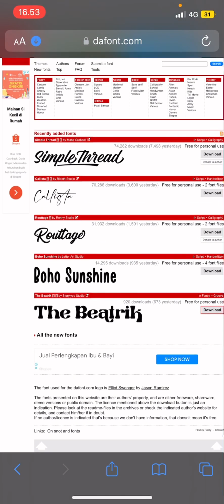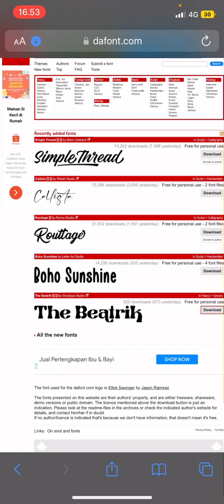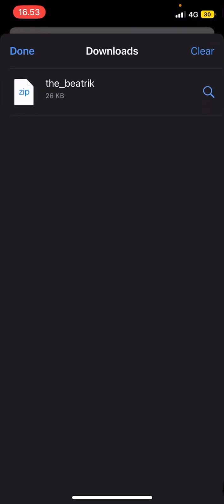In this video I'll be showing you guys how you can download and import fonts into your CapCut app. So I'm just going to go to thefont.com first and just press the download button on any of the fonts you want. So select download here, and I already downloaded it, so I'm just going to select the downloads button here. Downloads, select the zip file,